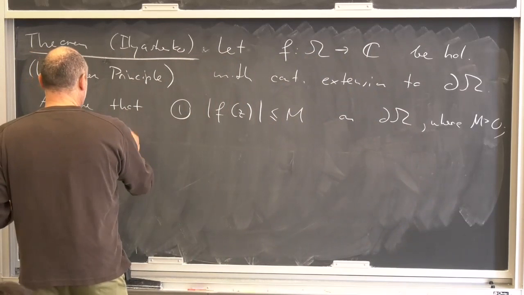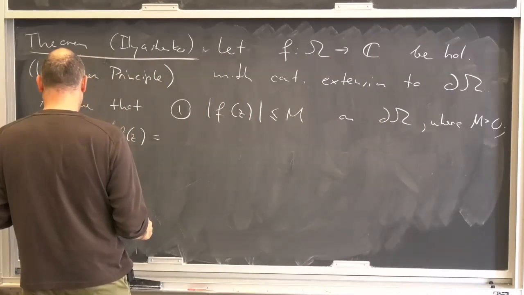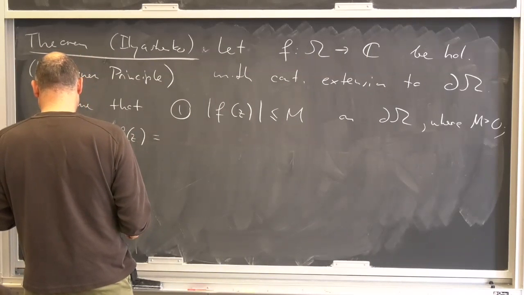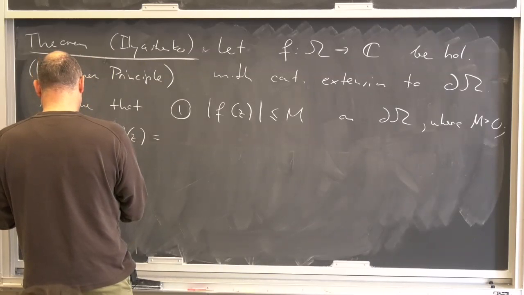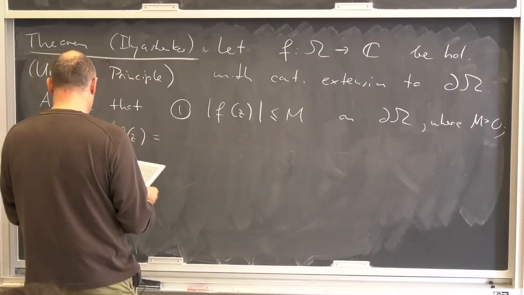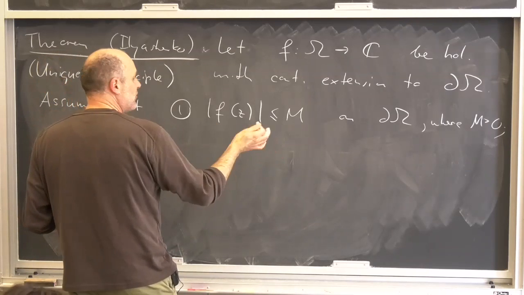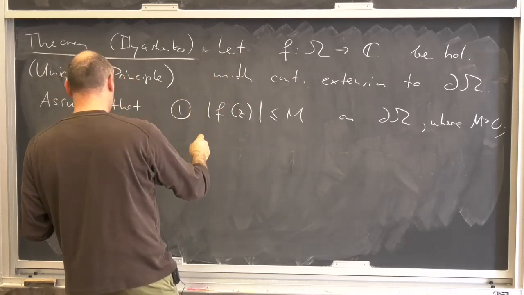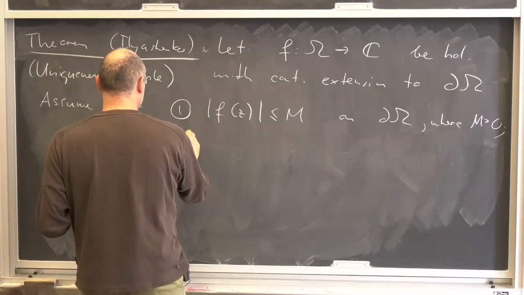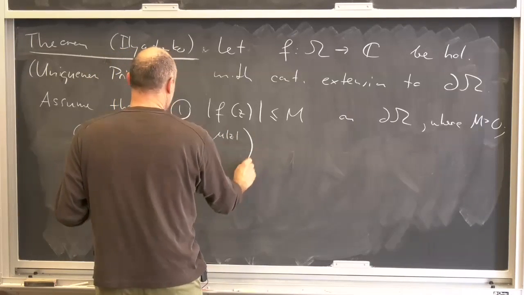First, I'm only assuming it's of exponential order at most 1 in the domain. So f of z is big O of e to the mu times absolute value of z,